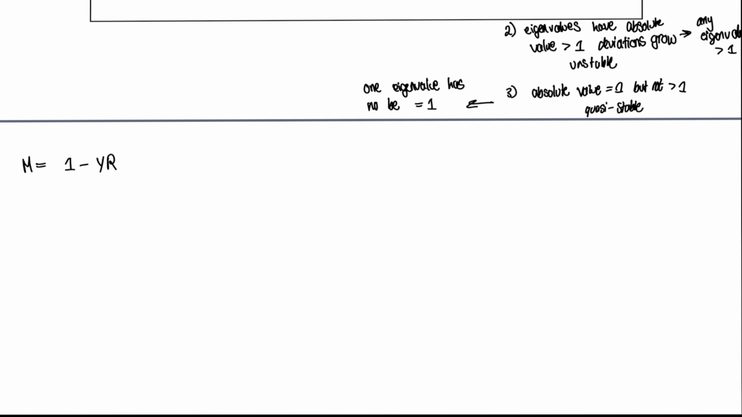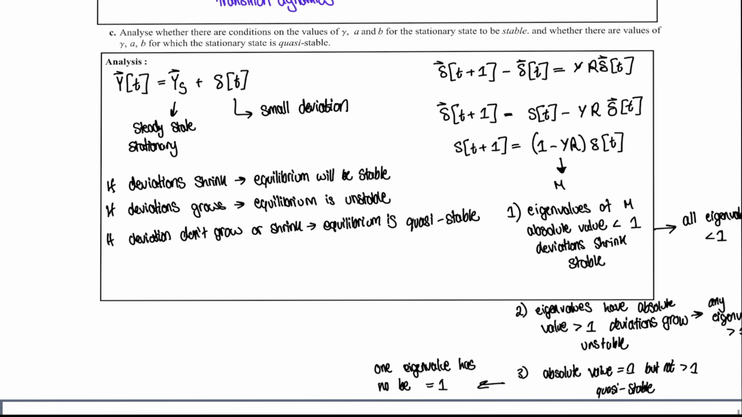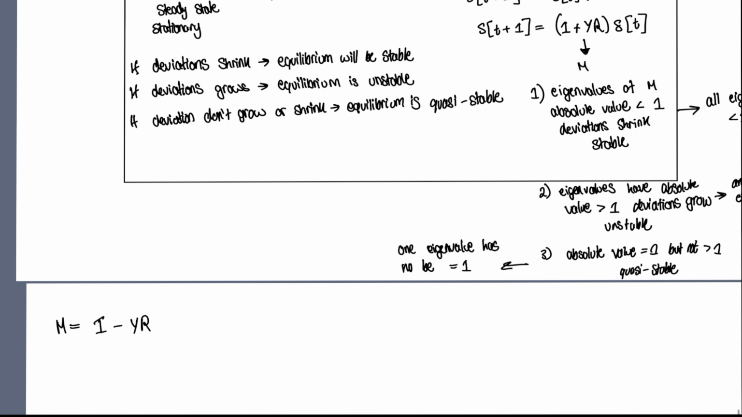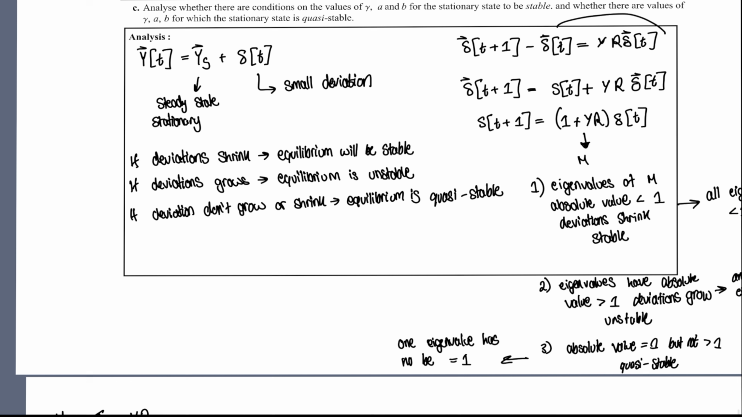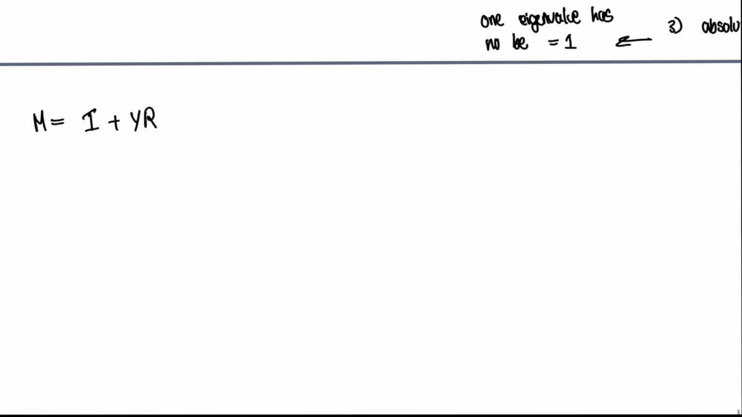I'm going to turn this one into the identity matrix. So we have the identity matrix. It's only just come to me that there should be a plus, and this should also be a plus, and this should also be a plus. Hopefully you guys spot that mistake before me. Okay, going back to this, so now that we have M is equal to I plus gamma R,